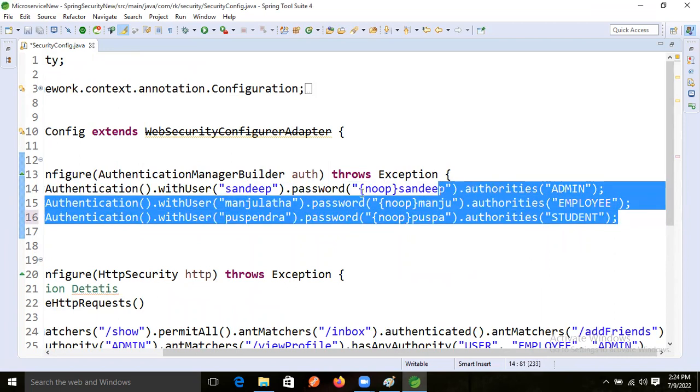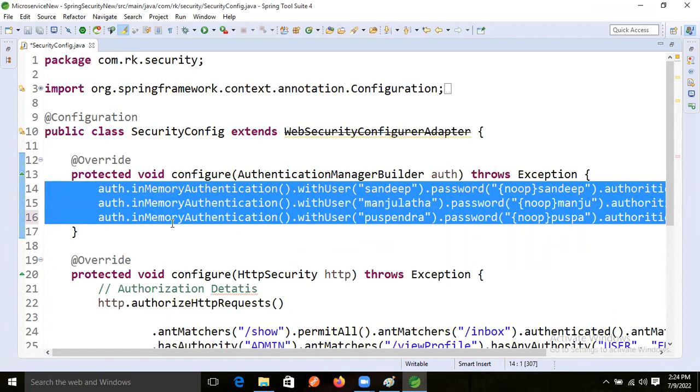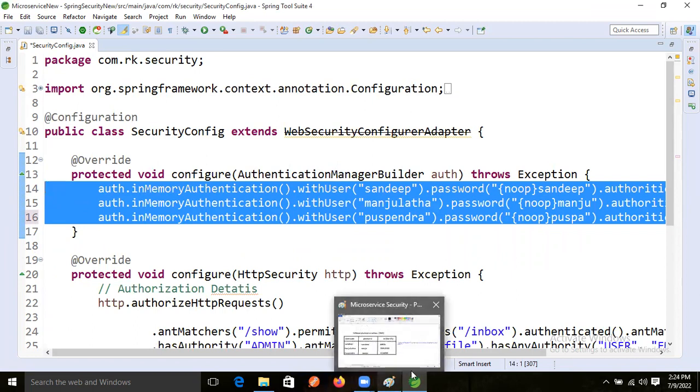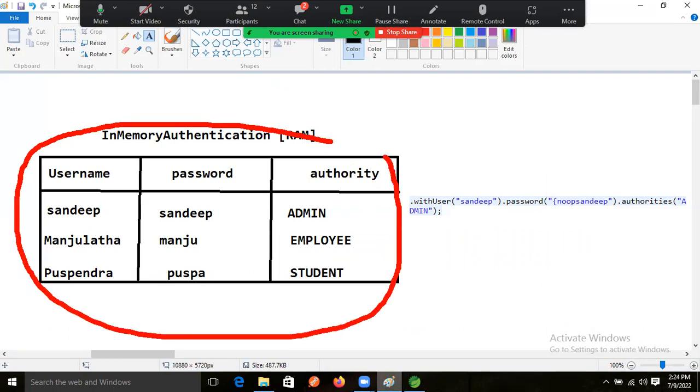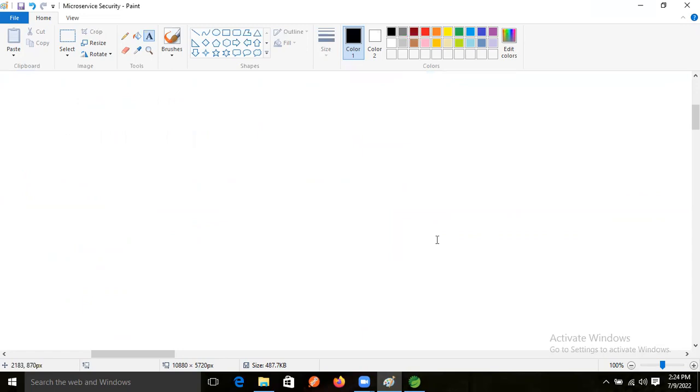So using this method, in this coding, what we are doing now? We are creating username and password inside that RAM, right? That is called what? In-memory authentication. Okay, fine. Now guys, just assume that in our application,